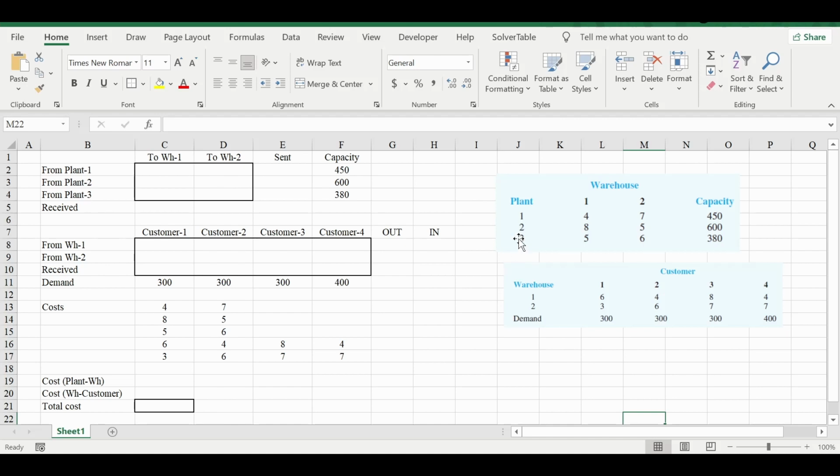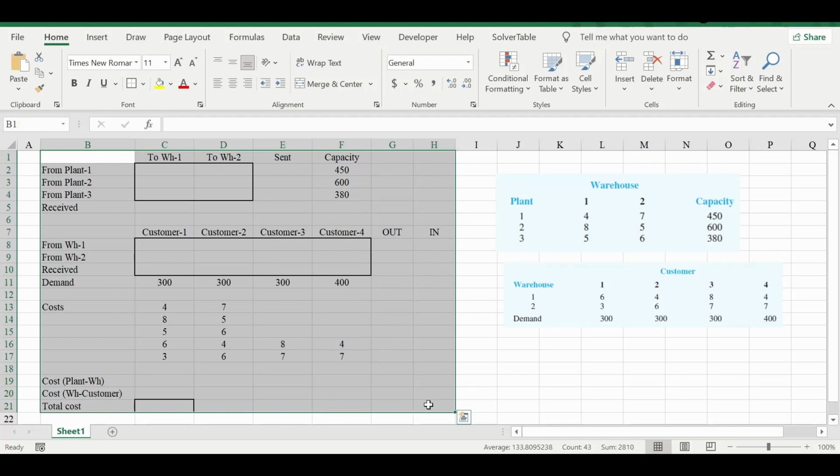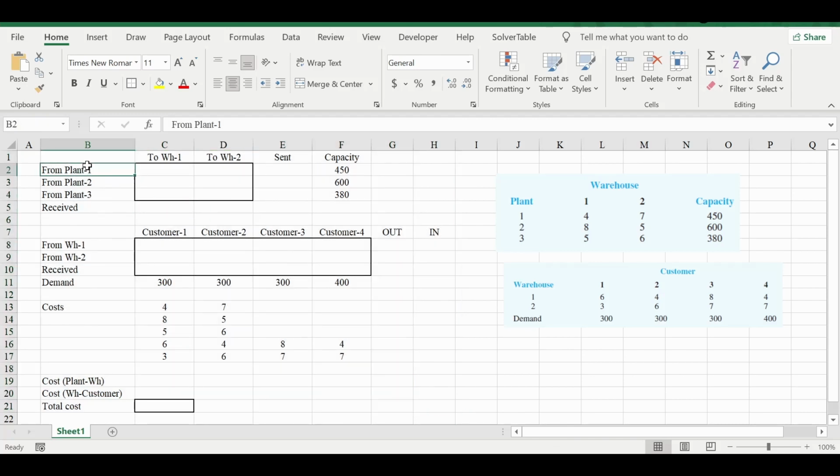See here, first of all, you need to enter the data in this format. So what is the format? You see here, from plant to warehouse 1 and warehouse 2. These are the blank cells where you will find the optimal solution when you run the solver. And this is the shipment from warehouse to customer, and this will be populated here.